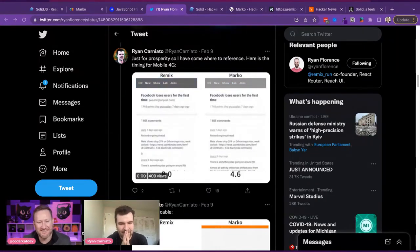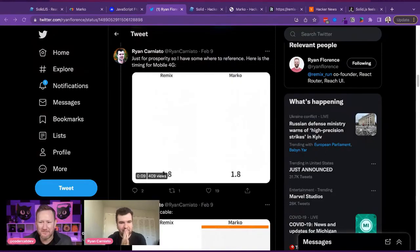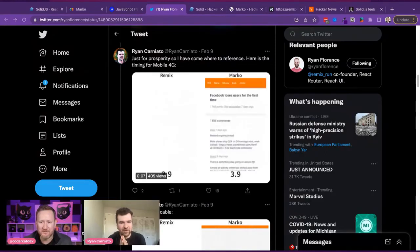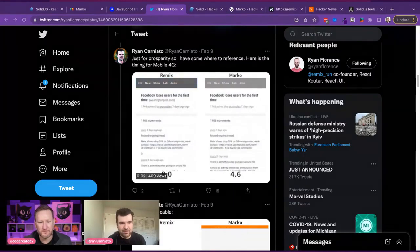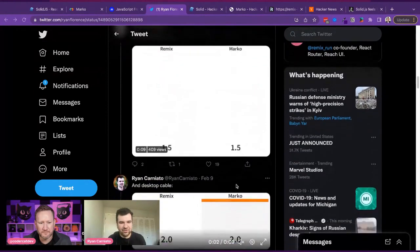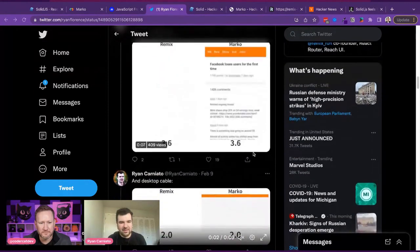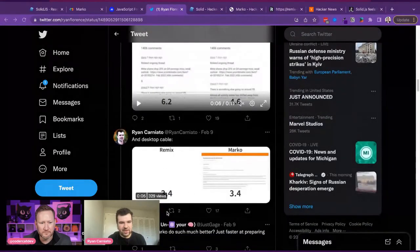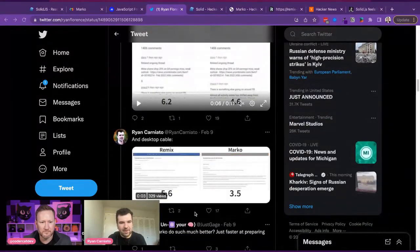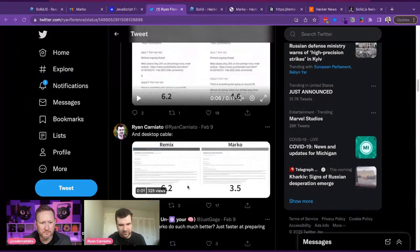And if you look at it, even in terms of loading profile, not only is the hydration shorter in Marko, it's done before you even see anything in Remix. And these are the same demos. This is not caching or any secret. This is literally the same page, just as is. And on mobile, because the network is the constraint, you're not going to see streaming. It's just going to all come in when it comes in. But if you look at the desktop example, the second one here,